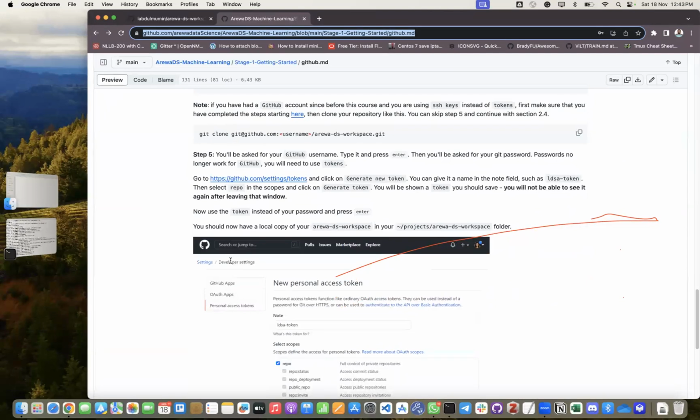So generate the token, you can give it a name such as this, and then you select a repo in the scope, which I think we showed again, and click on generate token. So you will be shown a token, you should save it. They said you will not be able to see it again. Now you use the token instead of your password and press enter. So what we do now is,